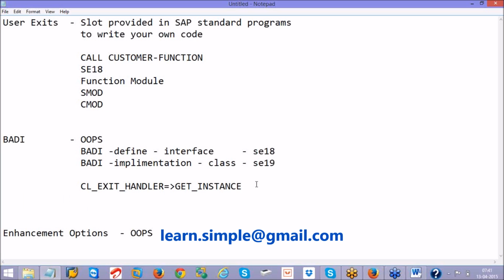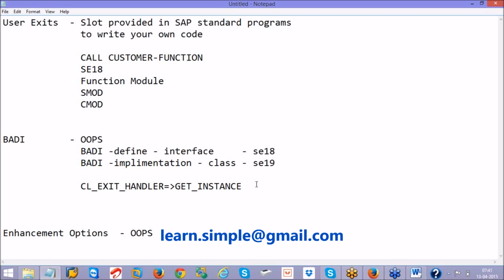If we have some time, we will also discuss them. But the basic BAdI concept is like this: BAdI definition is an interface which you can look at in SE18, and BAdI implementation is a class which you can look at in SE19. Let us see how to do it.